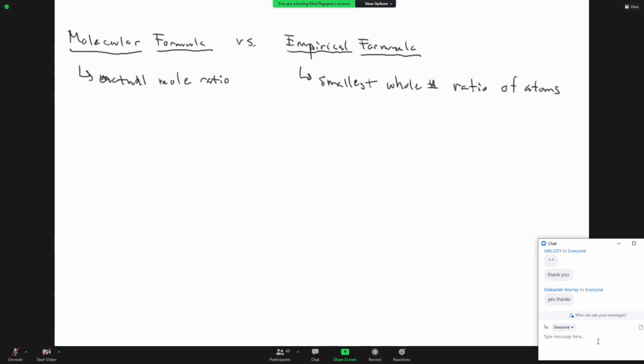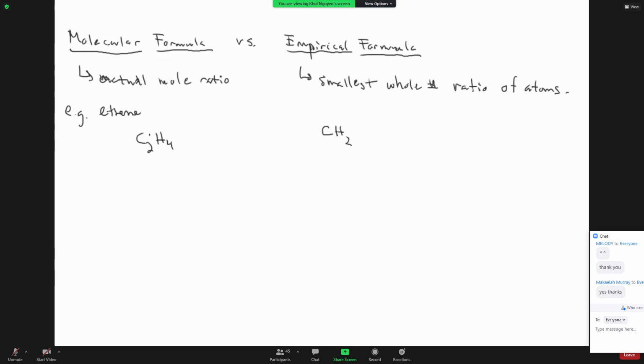So let's look, for example, at ethene. We know that ethene is a 2-carbon, 4-hydrogen atom. So that's its molecular formula. The empirical formula is the smallest whole number ratio between the two of 4 and 2. And that's going to be CH2. Okay? So that's the difference between a molecular formula versus empirical formula. All right, so now let's take a look at how we can figure that out by using an application, right? So we understand the difference now, so let's look at an application